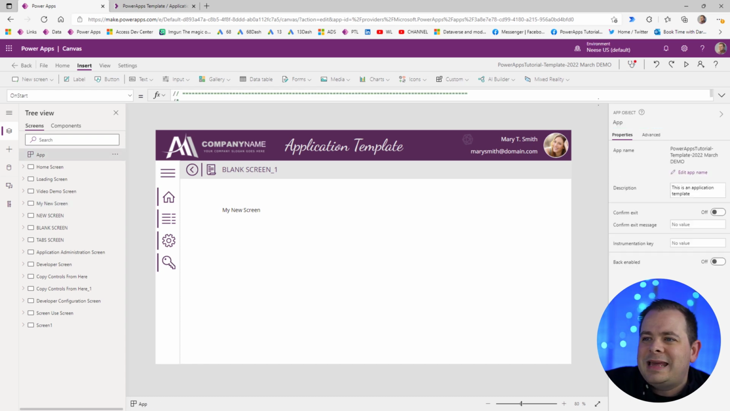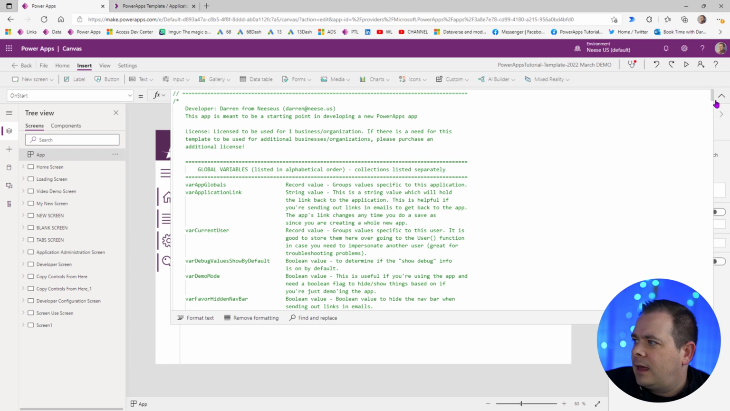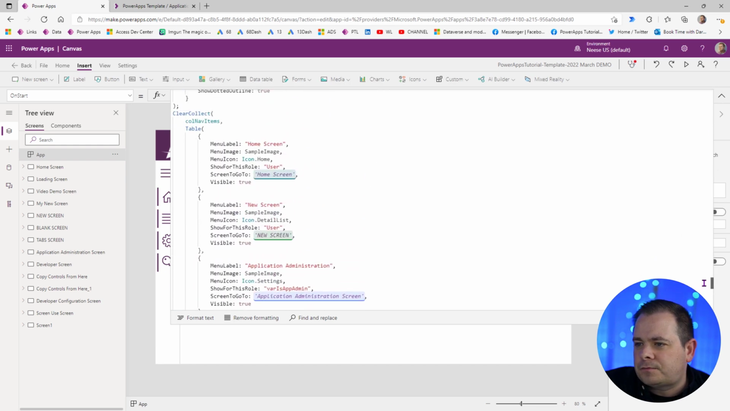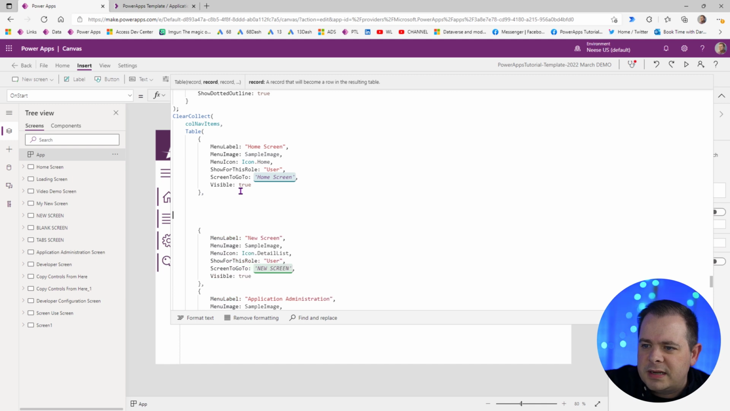Now I'm going to go into the app on start and scroll down where I define all my menu items. I think I'd like to put it between the home screen and the new screen. So I'm going to create some space here and create a little comment. I'm going to hit Control-V to paste the name of that screen so I don't lose that, because what I want to do is copy this,